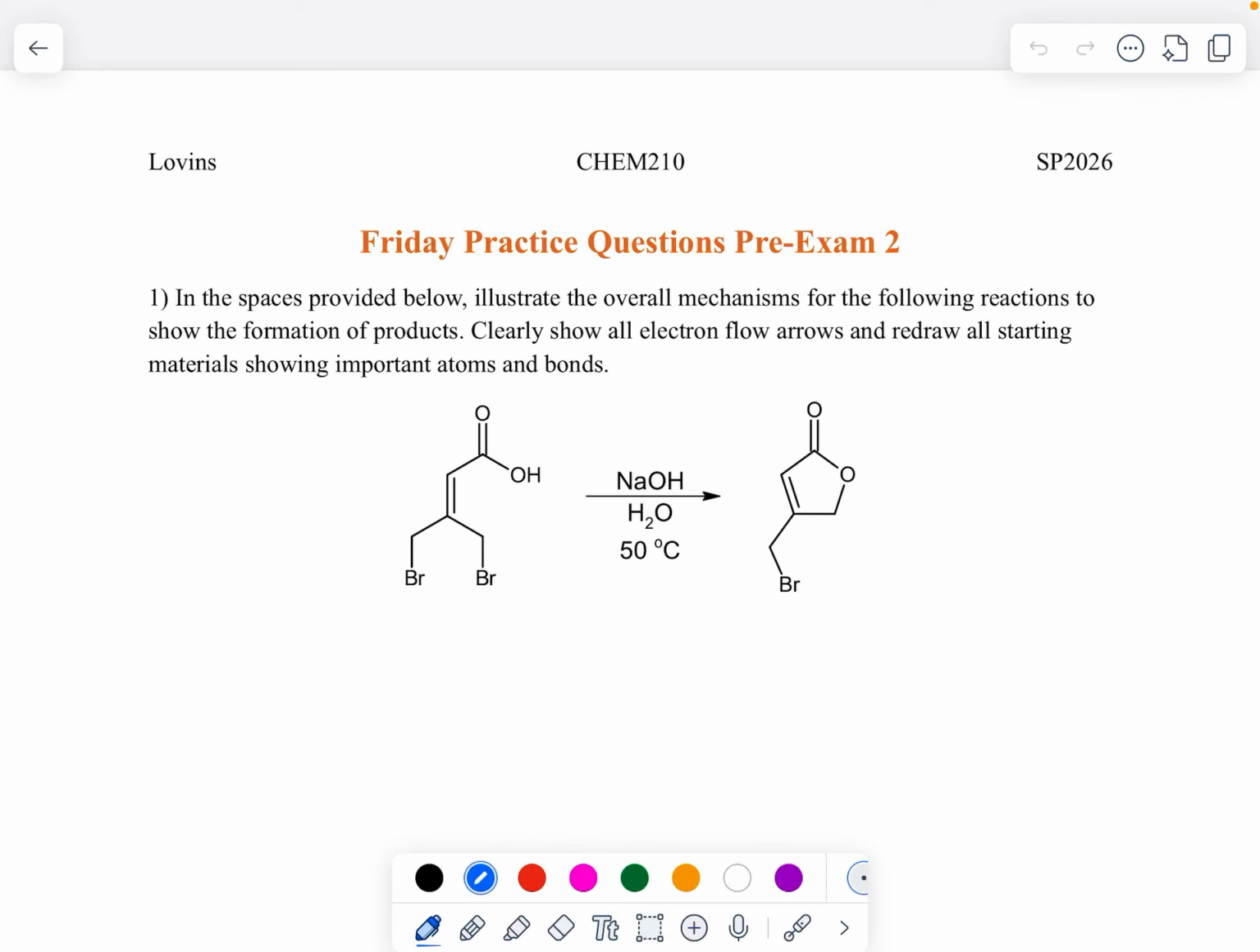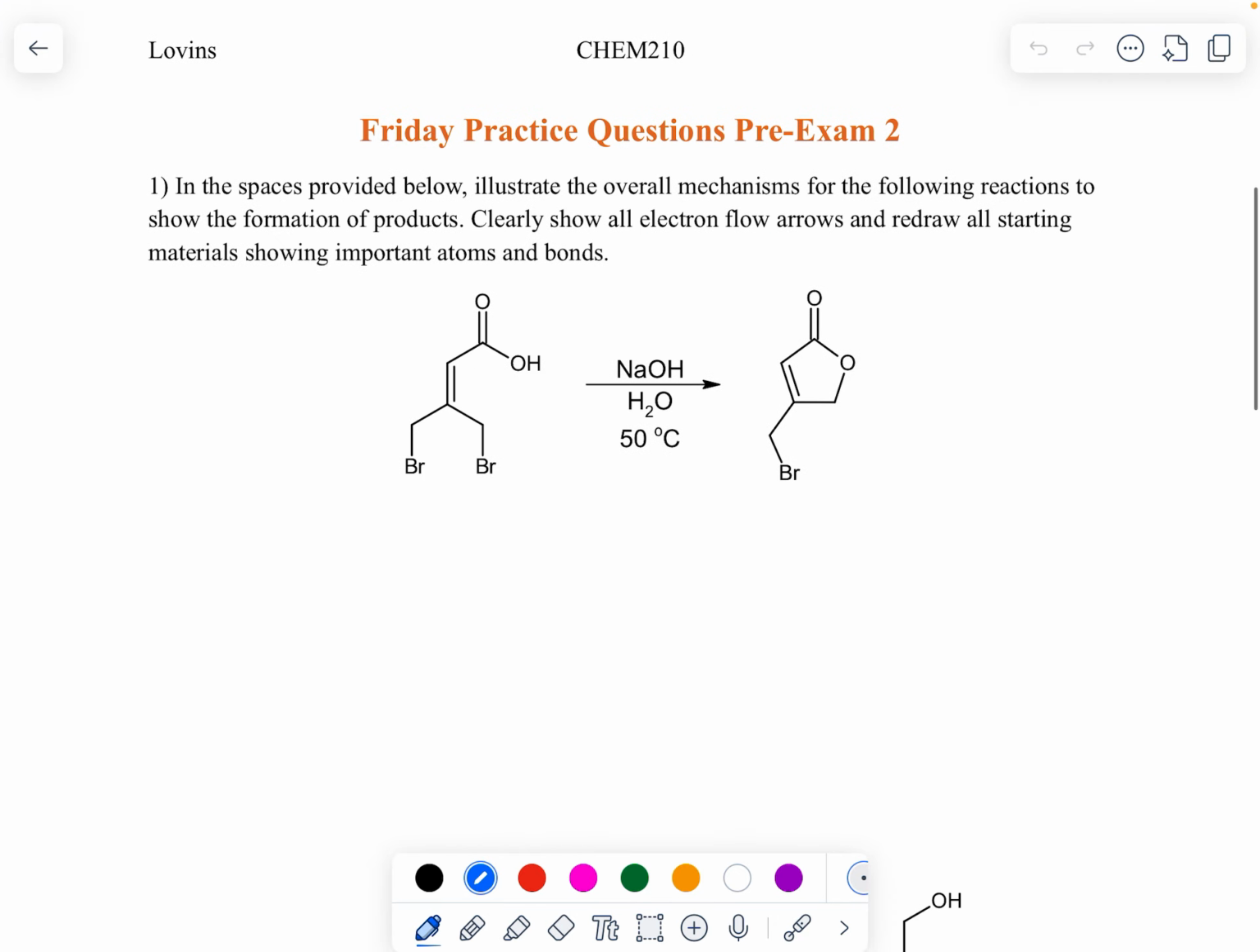So this is the practice questions from this past Friday's lecture, both about the mechanisms and the predict the reagents. So hopefully throughout this video you'll get a little bit of information on how to better approach these questions as well as understanding the mechanism behind them. So let's start out with this first one, which shows the cyclization of this ring in the presence of sodium